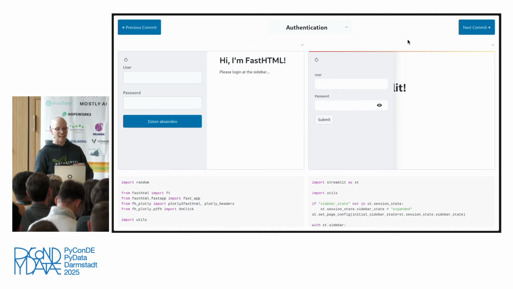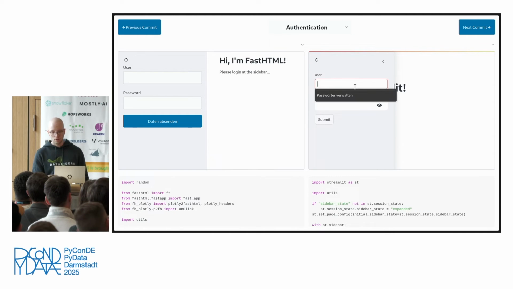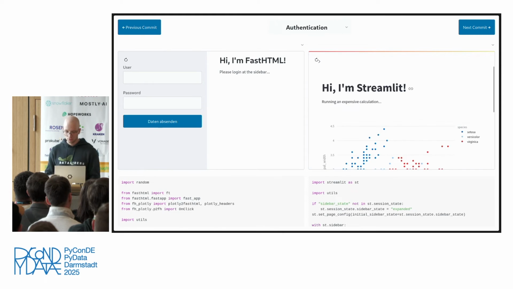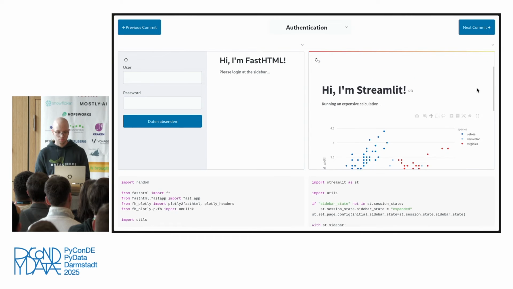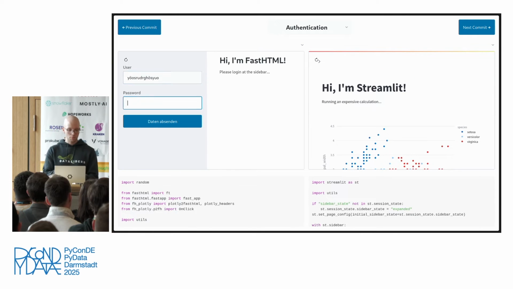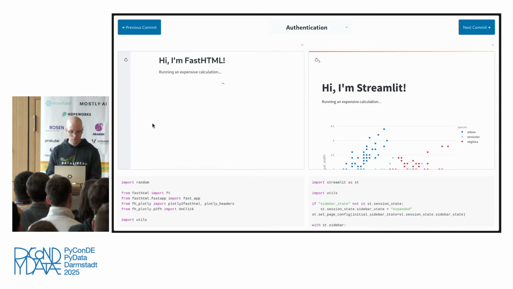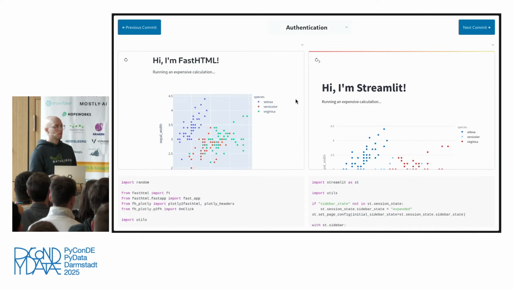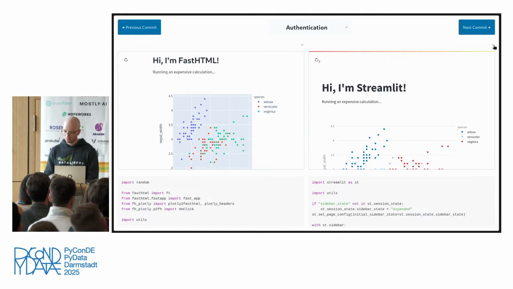We will just add this sidebar with a nice login interface. You can see we replicated it for both of our apps, and we're just going to type in our really complicated password. And here's our app. And then we're going to type in our other really complicated password, and we're in too. Okay, was that hard? So for Streamlit,